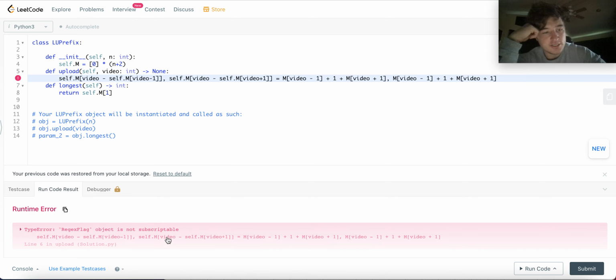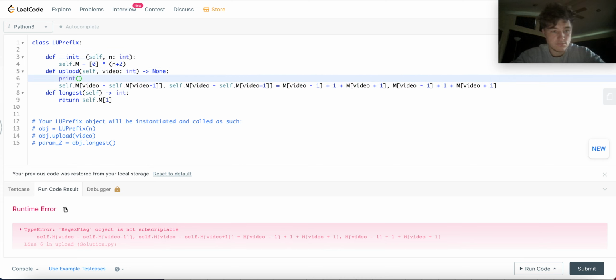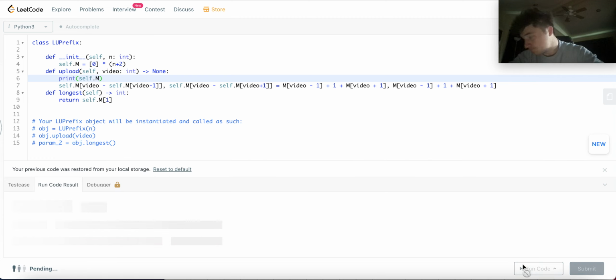Regex object is not subscriptable. What? All right, little debugging here, looking like a fool.